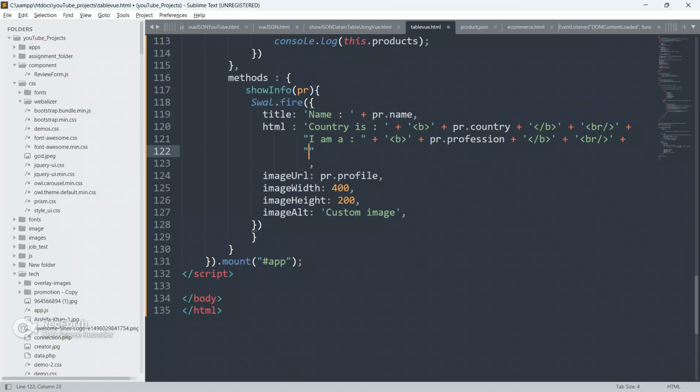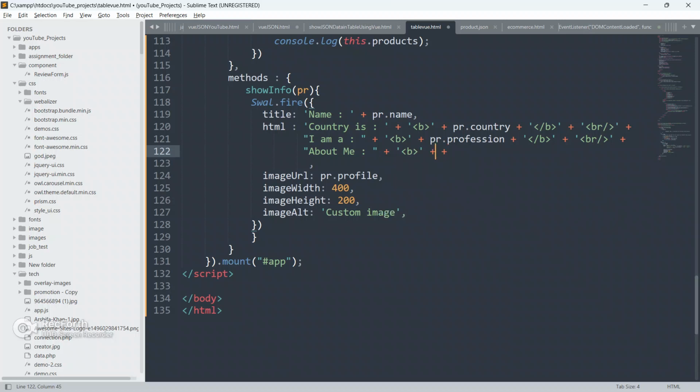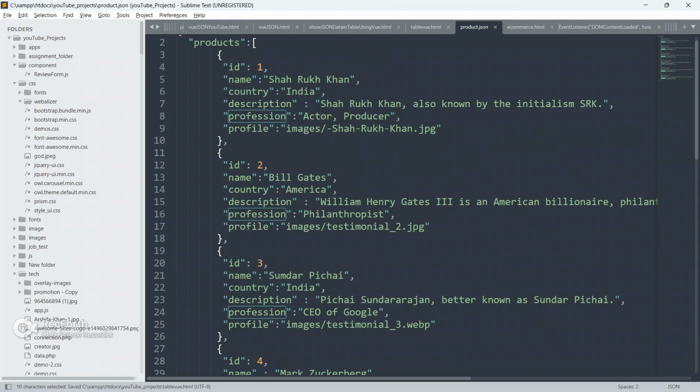So go down, and put description also. Give about me, give colon, and put plus. Put B also for bold, put plus also, and again plus, and I will do this pr.aboutme. So we have to put this description.